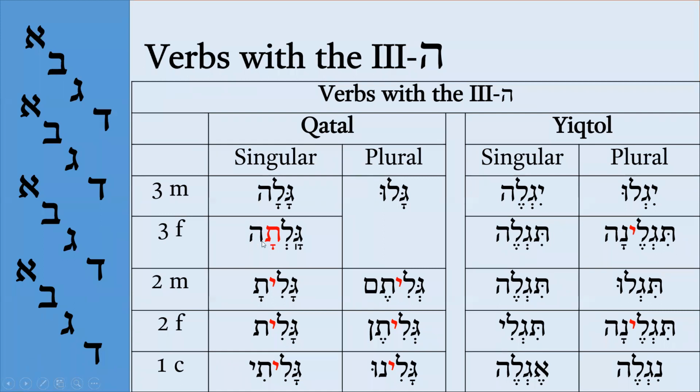And the only other thing is the third feminine singular, where we have a tav, where the hey is supposed to be. It is because we have two heys here and it doesn't look very nice, so they substituted it with the tav. Galeta. And sometimes when people try to understand these weak verbs, and if they do not study it